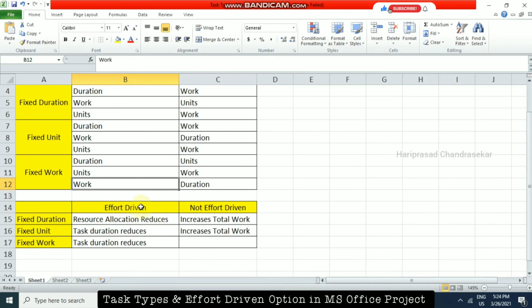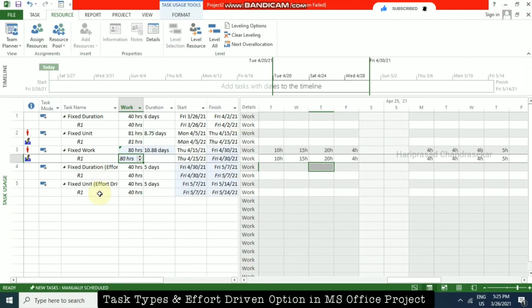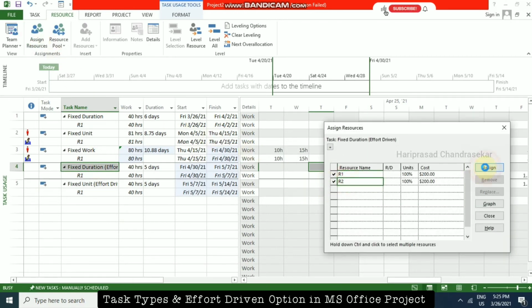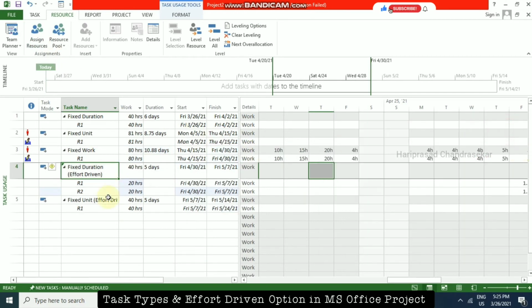Now we will see what effort driven does for fixed duration, fixed unit, and fixed work also. For fixed duration, if I assign another resource, we can see the duration never changes, but our work got split into 20 and 20.